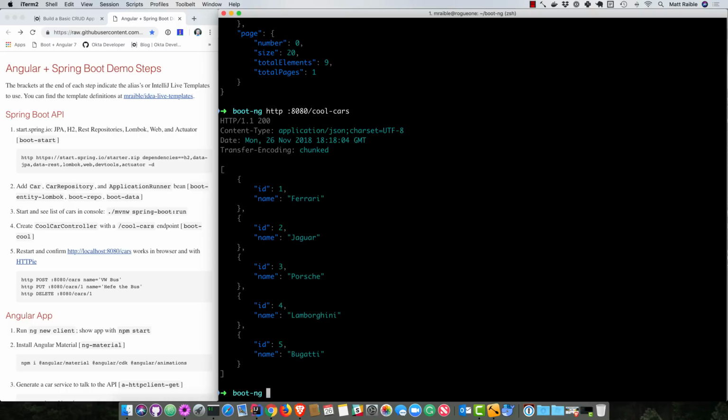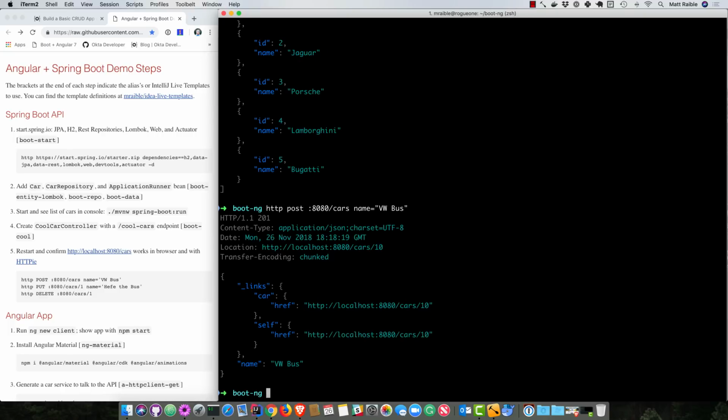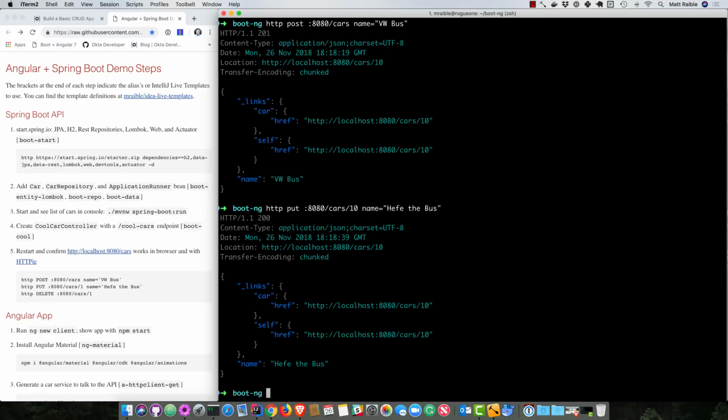And now we'll go ahead and add a new one. So :8080/cars, one of my favorites, the VW bus. You'll see it adds it with an ID of 10, so then we could update that if we wanted. Say http put :8080/cars/10, and then we could say F8 the bus, which is a 21-window 1966 bus that I own. Awful fun to drive. So there you see it updated the name,